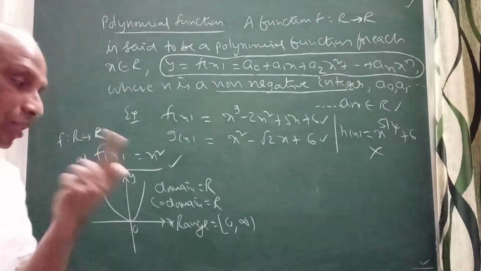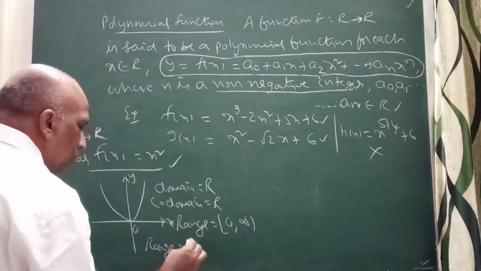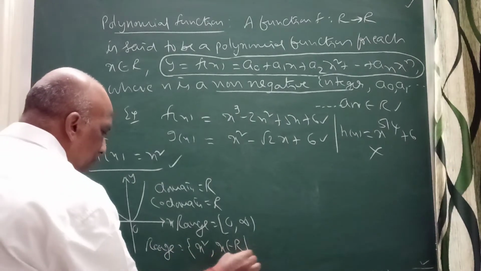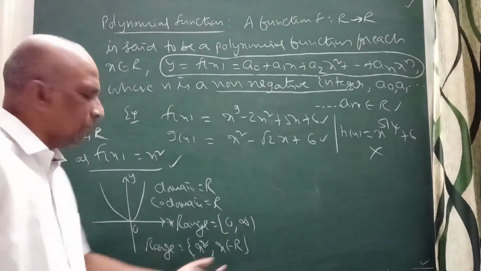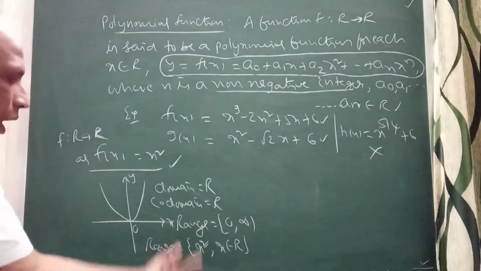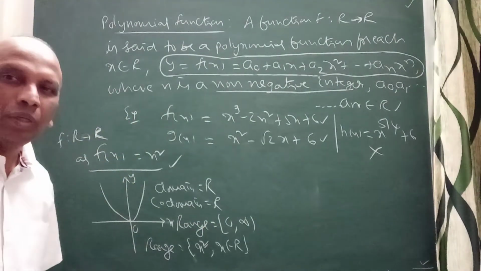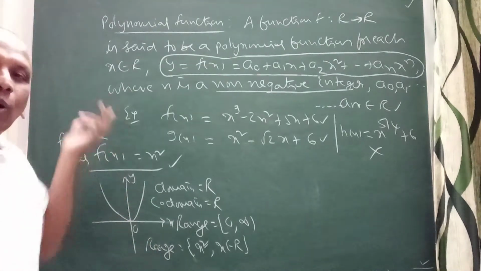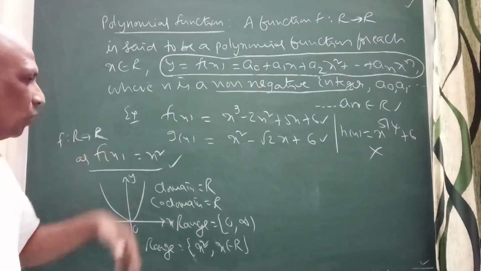Like this. Some people do it in set builder form. I can also write the range is equal to set of x square such that x belongs to R. I can write including 0 to infinity, above x axis, it won't come down. So for this graph, minimum value will be 0. There is no maximum going on. Maximum doesn't exist, minimum will be 0. So for the f of x equal to x square.